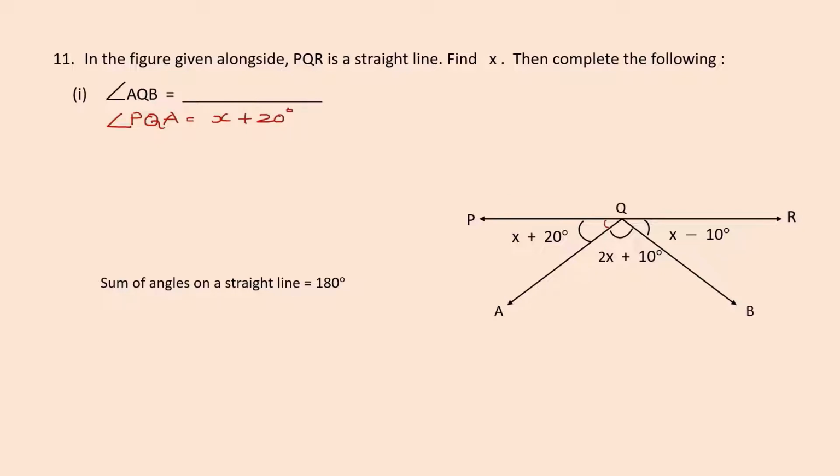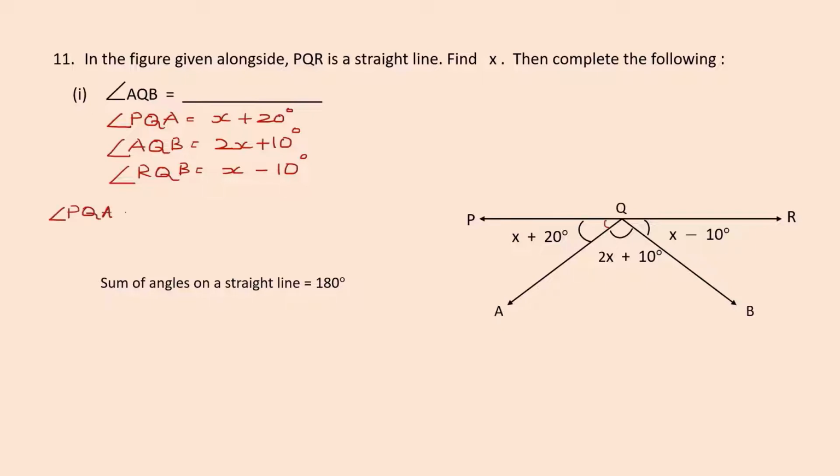X plus 20 degrees. The next one, angle AQB is 2x plus 10, and angle RQB is equal to x minus 10 degrees. Okay, now all these three angles are on the straight line, and the sum of angles on a straight line equals 180 degrees. That means angle